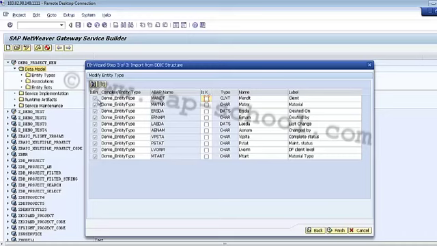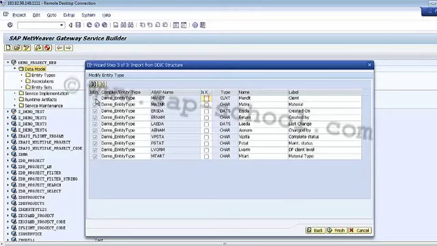This is a non-editable field, and this checkbox will be selected based on my selection of entity type or complex type. After that we have the complex or the entity type name. This is the name of my property. It can either be a complex type or an entity type. And this is my editable field.